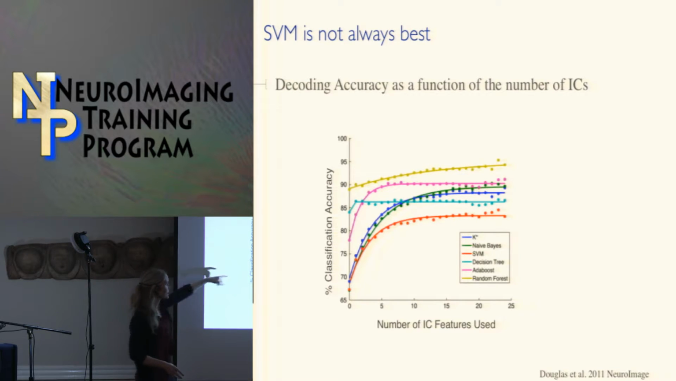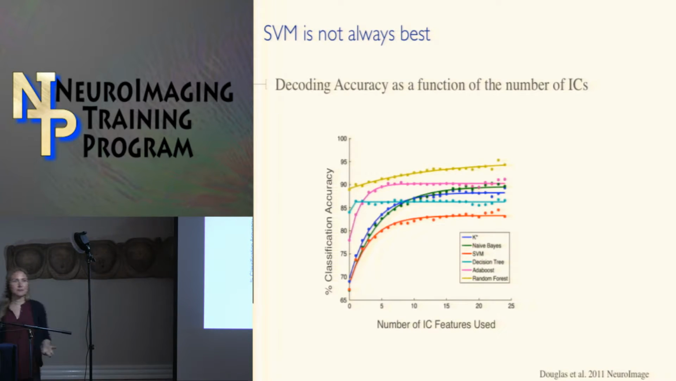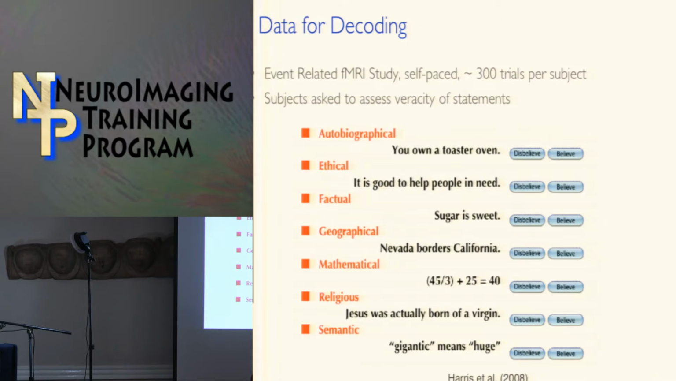And it turned out that SVM performed the worst. Linear SVM performed the worst, even after tuning the C parameter. So SVM is not always going to work the best. So the data that I was speaking of